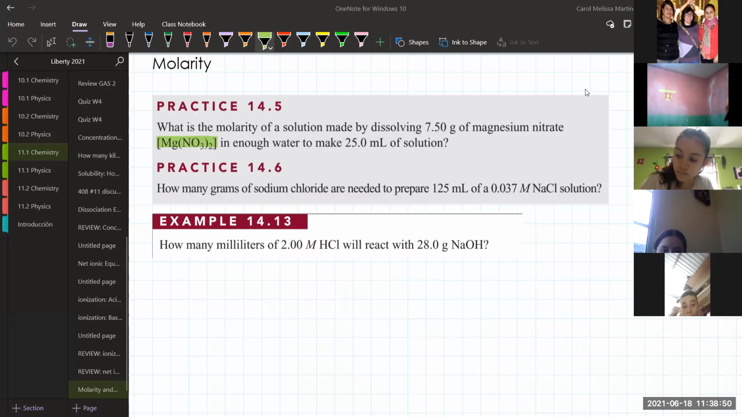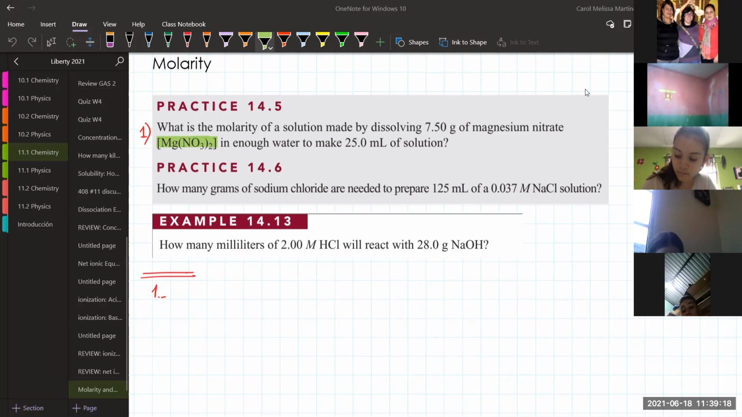So, what is the molarity of the solution made by dissolving 7.5 grams of magnesium nitrate in enough water to make 25 milliliters of solution? That will be the first problem, okay? So this I'm going to call example 1, and I will start working in this part for the example 1,